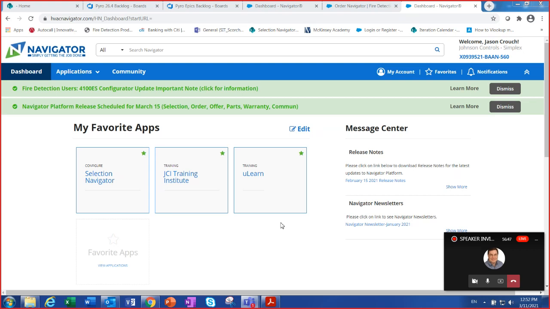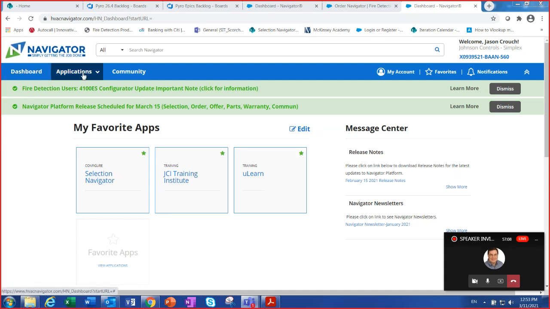Yeah, that's a really good idea, Jason, because they may not be familiar with ULearn. And also the fact that ULearn has tons of stuff on it beyond just this as well. Yeah. So can everybody see my screen? Yeah, we still see it. Okay, so when I log in, and again, if you don't see ULearn on the tile, I've marked it as a favorite.